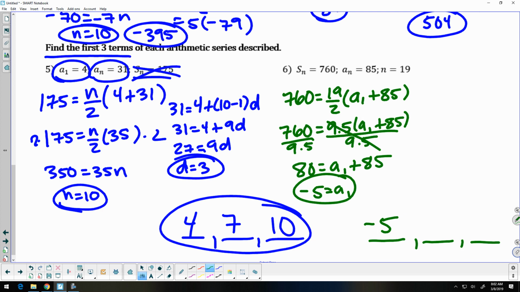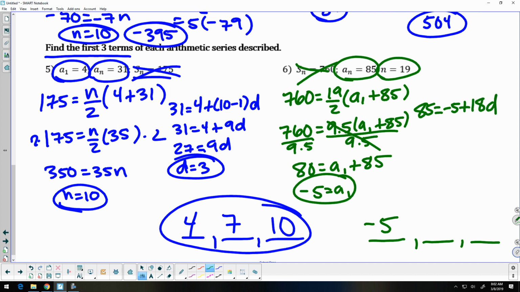Okay, now plug this into the old formula. Now we have to figure out what d is. How am I going to get to the next two terms after that? So we need a sub 1. We don't need the sum anymore. We need a sub n, and we need n. So plugging this all into the old one, you'd have 85 equals negative 5 plus n minus 1,